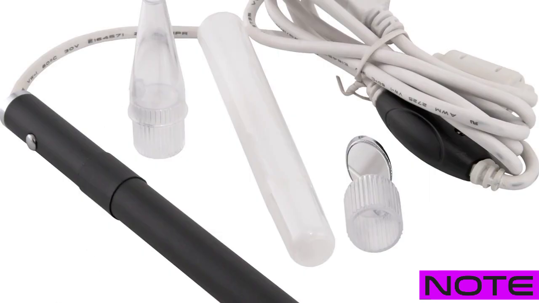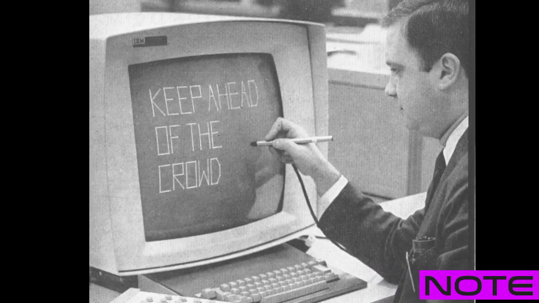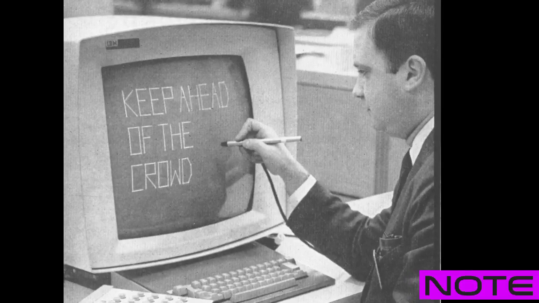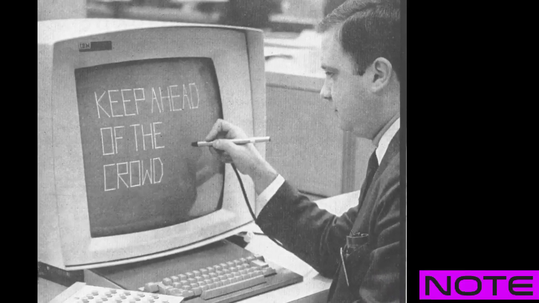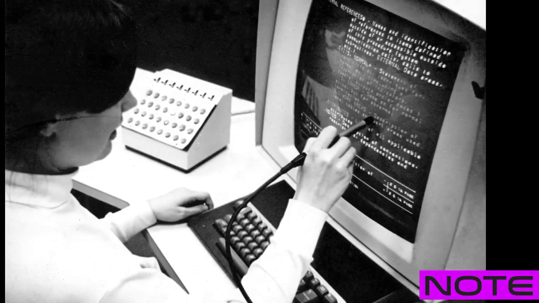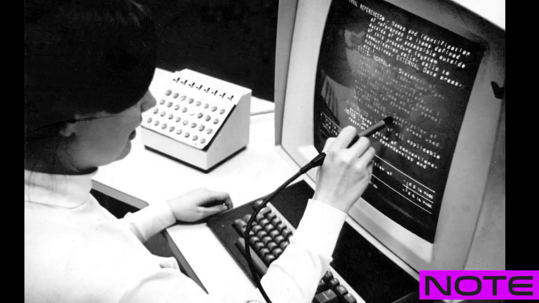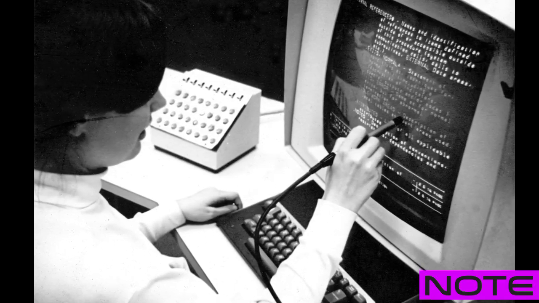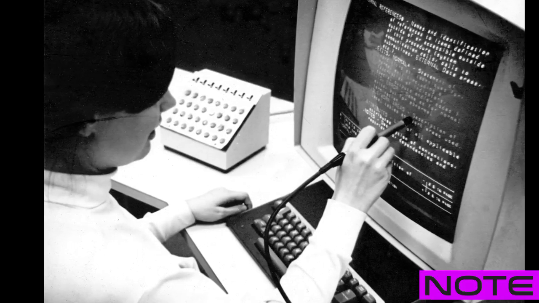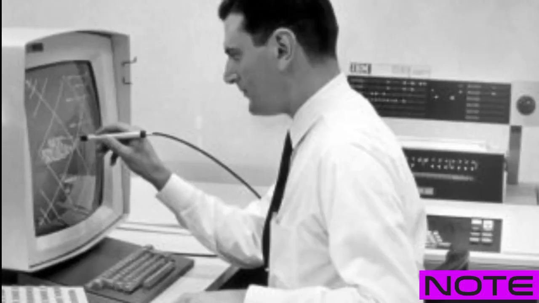A light pen is a pointing device that can be used to select an option by simply pointing at it on the computer screen, or for drawing figures directly on the screen. It consists of a photocell mounted on a pen-shaped tube and is capable of sensing a position on the screen when it touches the screen.